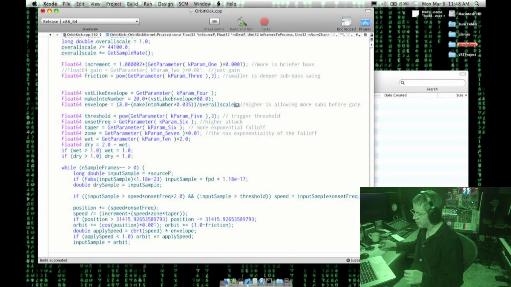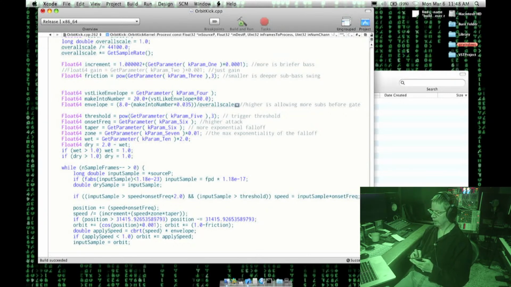And the whole thing needs to shift. So this entire algorithm must scale by how much? By divided by overall scale. So we're going from basically an equivalent of 1, as in not doing this change, to an equivalent of 96K, which is where we started. So 8.0